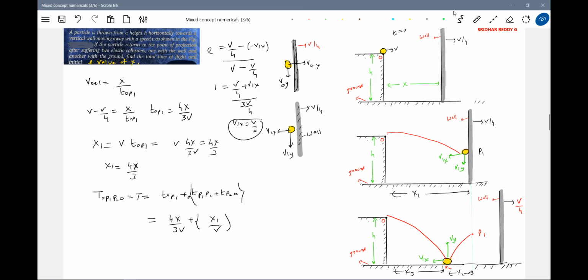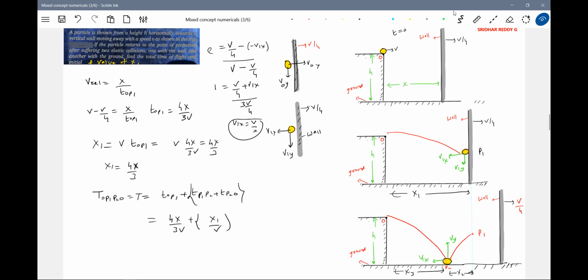This is very important. I want everyone to think about how you are writing this. Actually, the first part is over. The second part, to calculate x, is what we did. We do not expect that we'll get an answer for t; we'll just get an expression for t and x till here. Then I'm rewriting x equal to vt by 4. What is T? T is from here. Because it is an elastic collision, I'm able to write it. If it were an inelastic collision, it is not possible, because here the vy component will change, no?